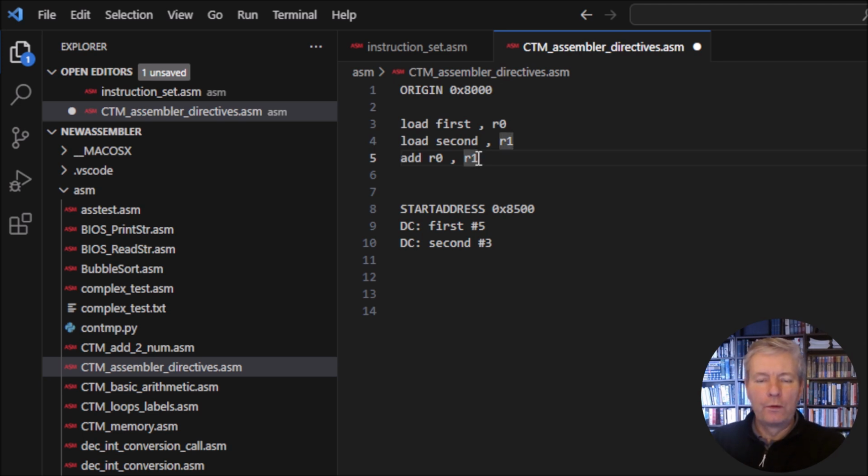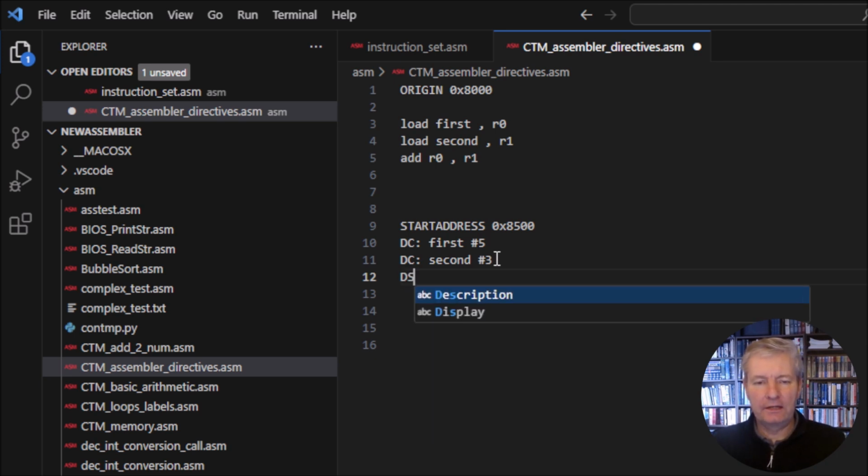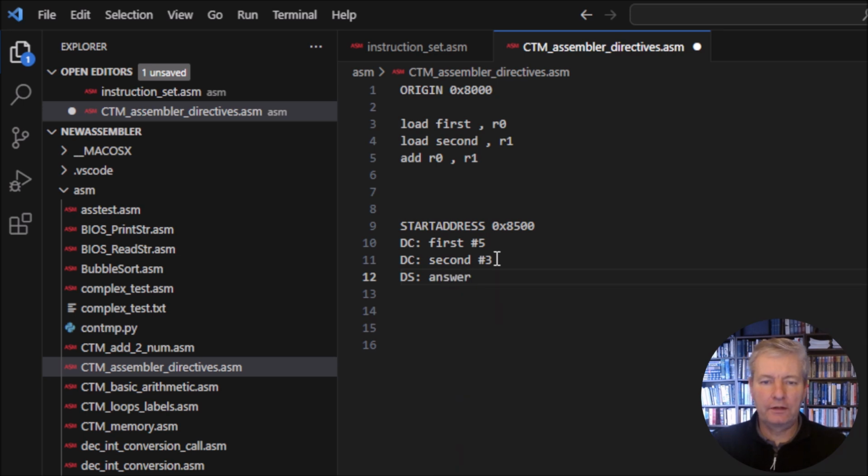Now let's say we want to save the answer somewhere in memory. Well, what we can do is use another directive. So we could set the directive ds. ds stands for define storage, and this sets aside a memory location. Now let's say the name for it is answer. Okay, so we set aside a memory location answer, and we have to tell it how many bytes this